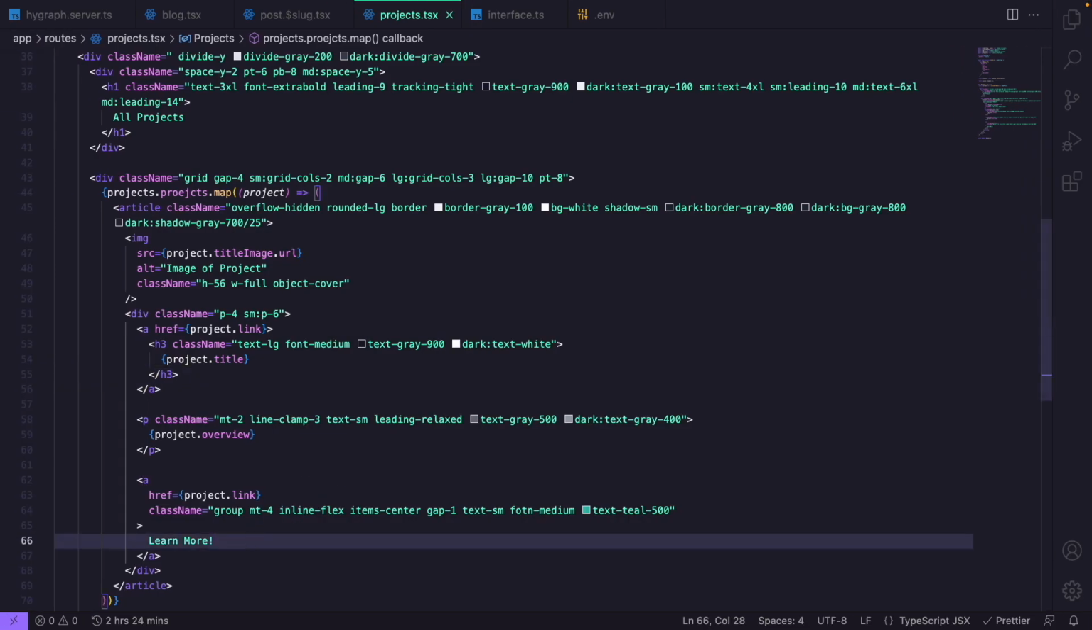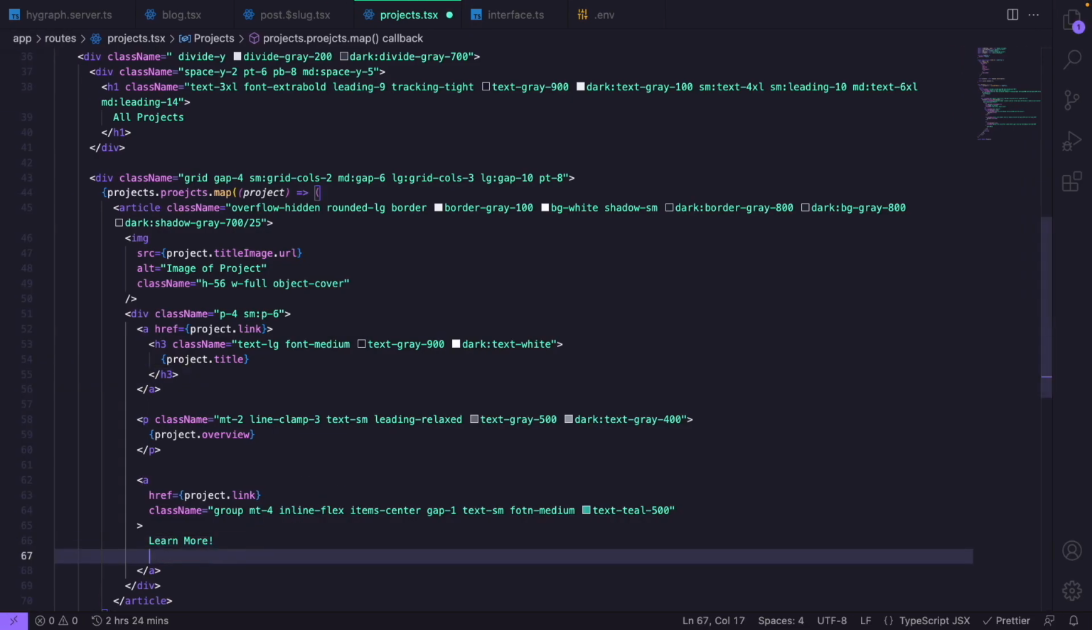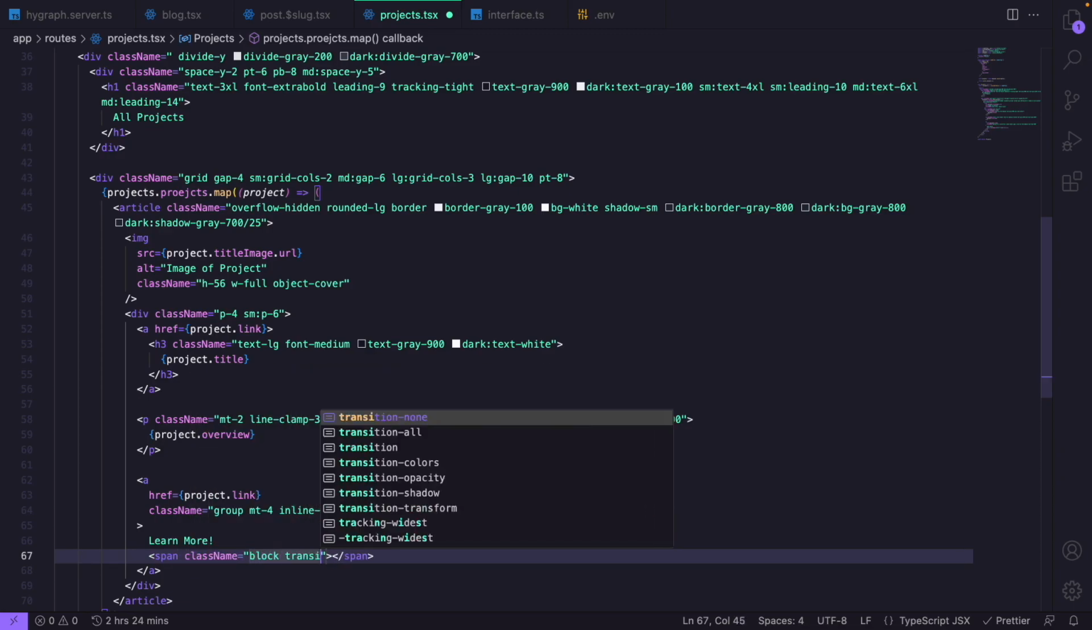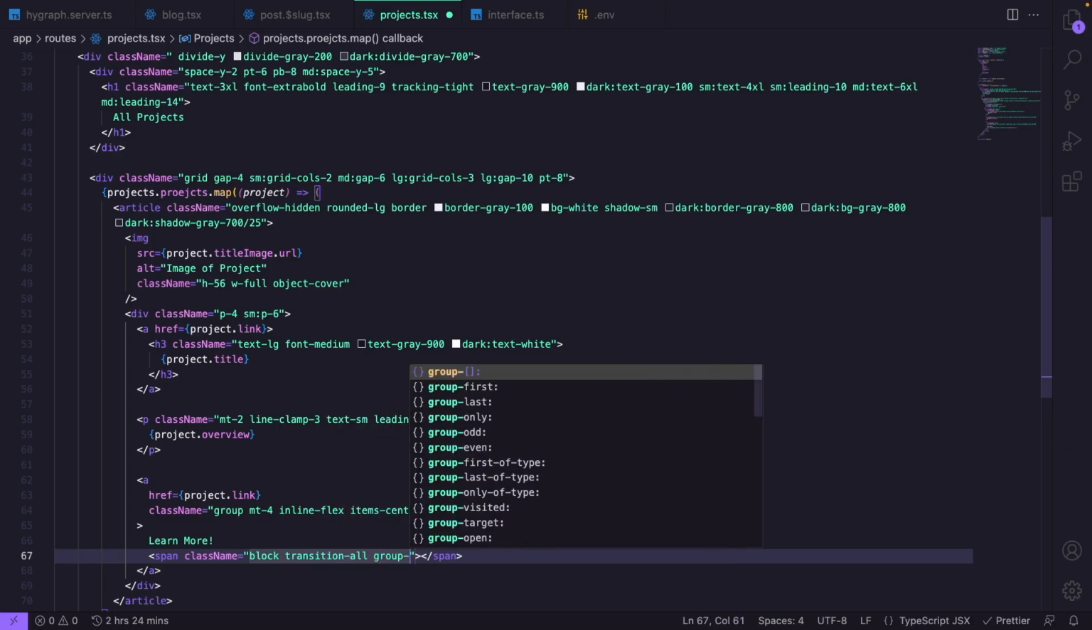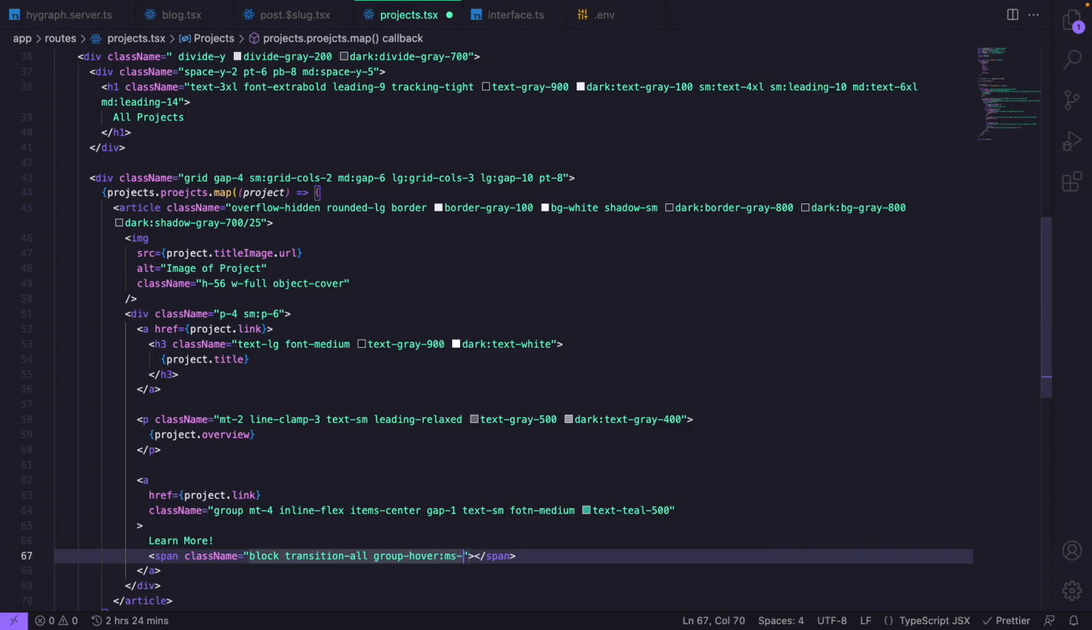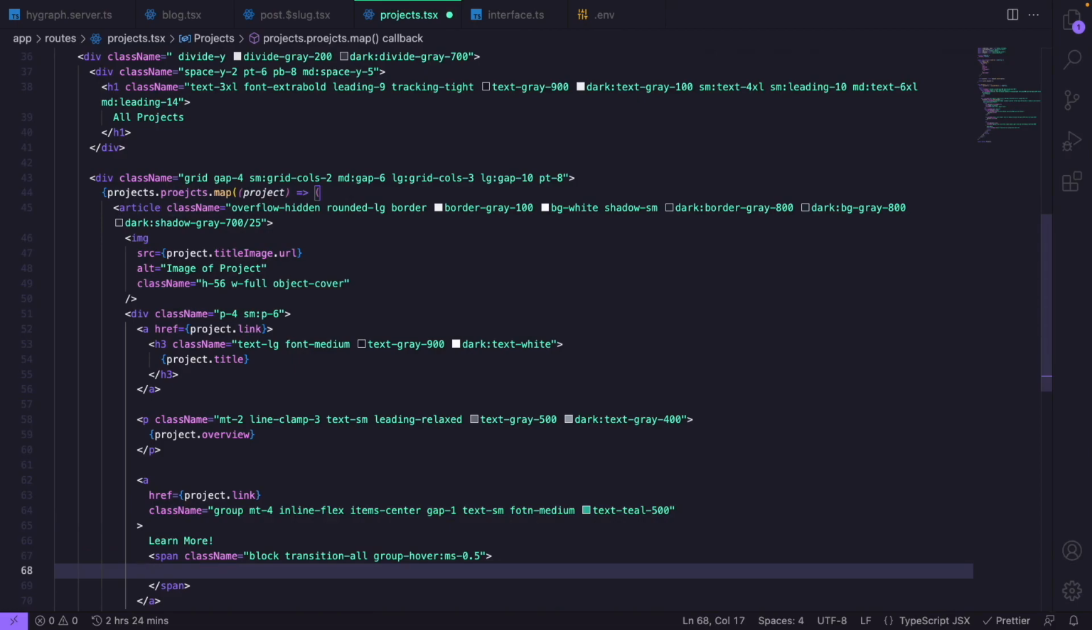So under the "Learn more" and still inside of the A tag, I will create a span. Let me style that span. So let's give it a class name of block. Transition will be all. And then we will also have a group-hover, which will be ms-0.5. So that looks good. So right here, I will give it a value of the ampersand sign, then rarr and